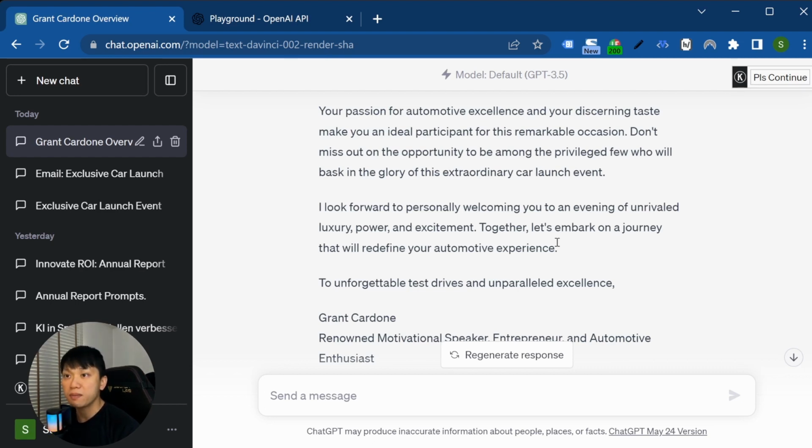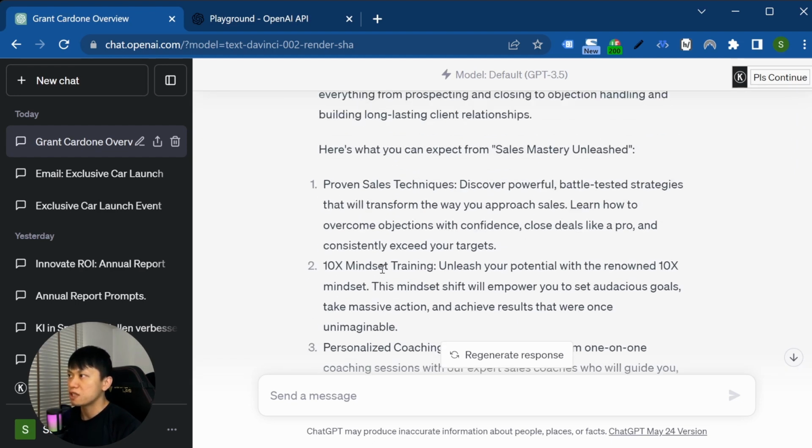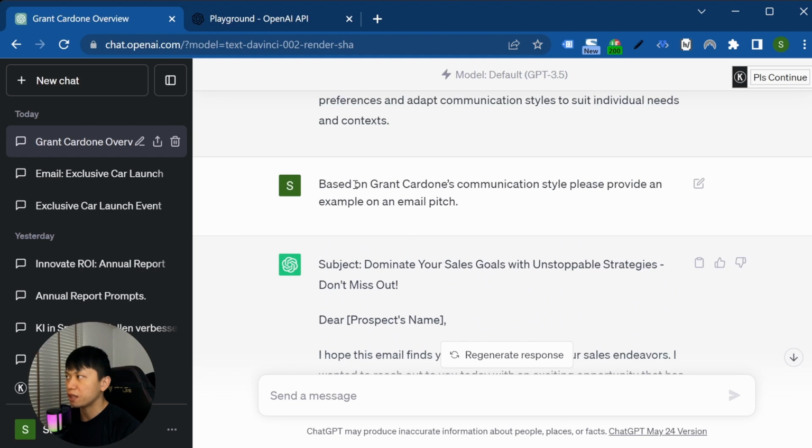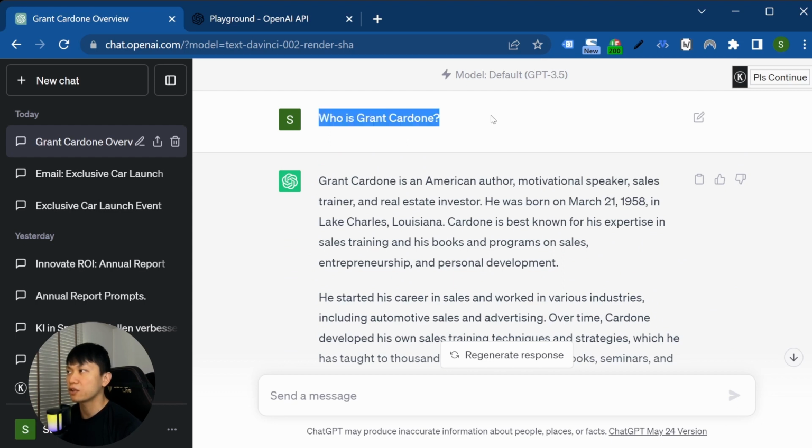If you want the AI to really mimic Grant Cardone, it would be best to use exact emails from Grant Cardone himself as examples. So you can swap out step 4. In step 4, I got the AI to generate an example of an email pitch. In this step, you can instead prime the AI by giving it real examples of that person's works. It could be a book, a passage, or an actual email that you received from Grant Cardone. In fact, if you have those emails, you can directly prime the AI model without having to go through a whole series of questions,